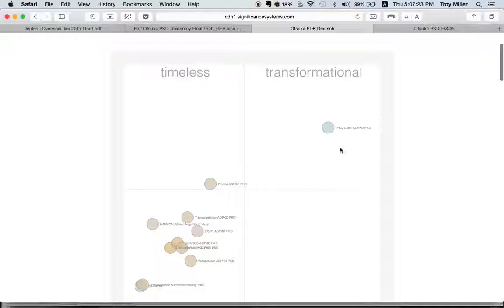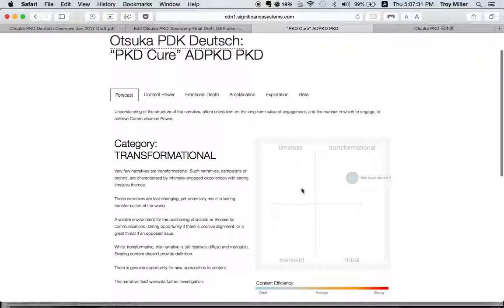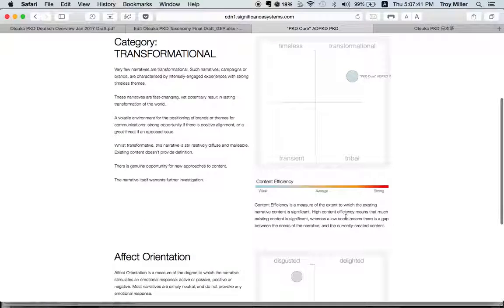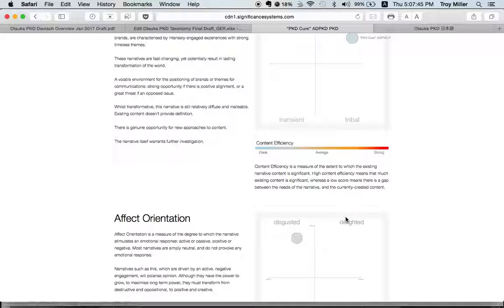Now you can either click on this dot and it'll take you to that narrative, or scroll down and click on the link. This narrative is transformational. It's blue in color, so the content efficiency is weak. You see the effect,